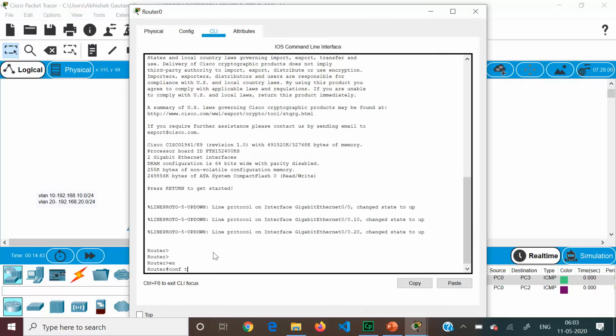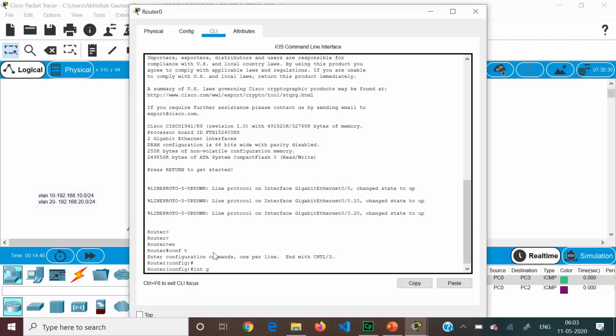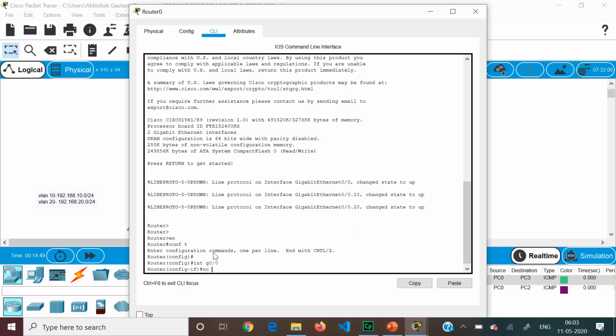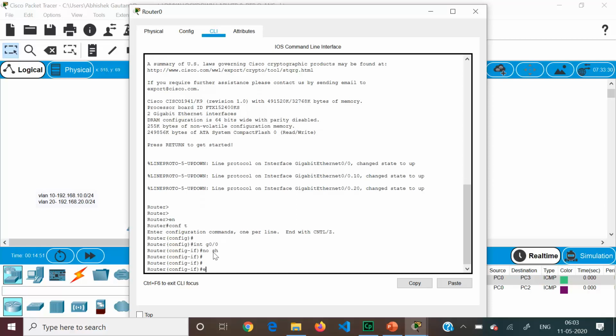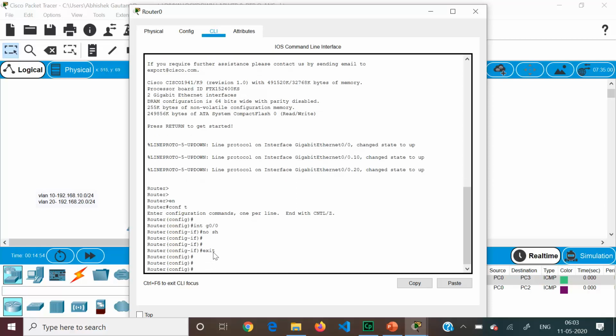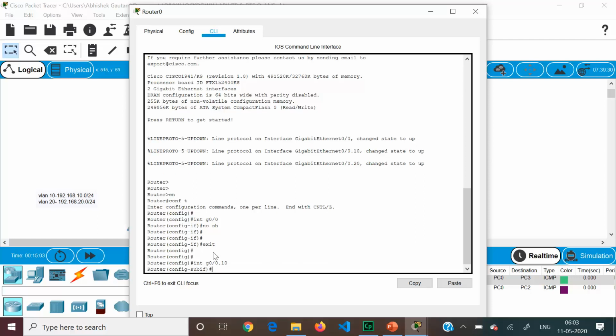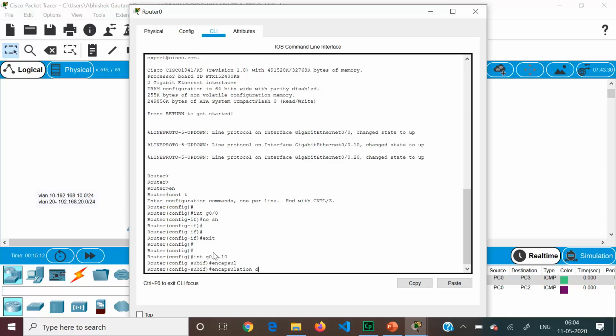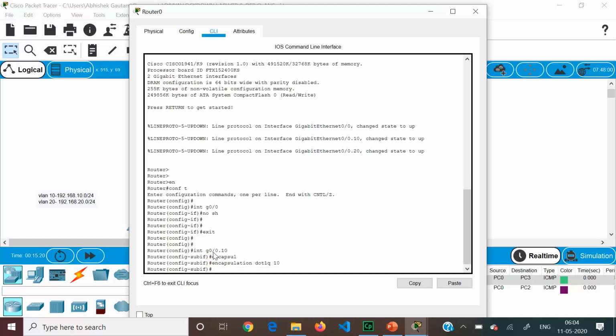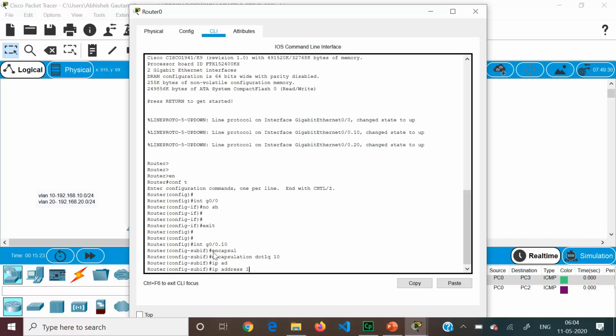Enable, configure terminal, and here I will write int G0/0. First we'll do no shutdown, and then we are going to exit, and then we are going to write int G0/0.10, the first sub interface I am creating, and I'll activate the encapsulation, that is the IEEE 802.1Q protocol. Okay, so dot1q, and I'll say to which VLAN it belongs. It belongs to VLAN 10,